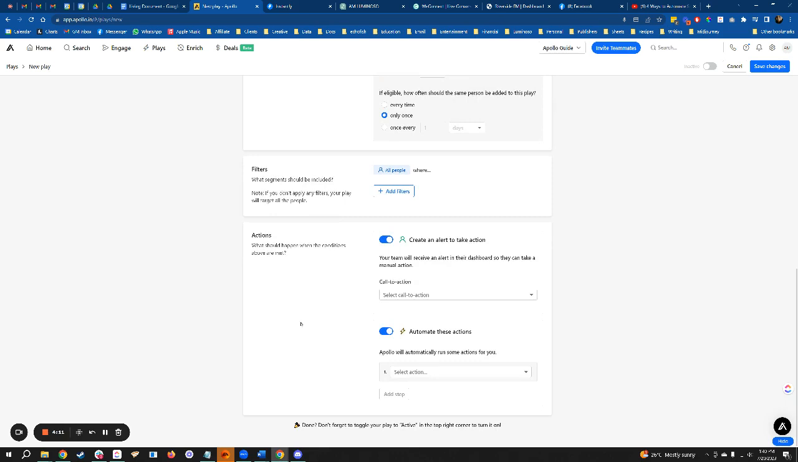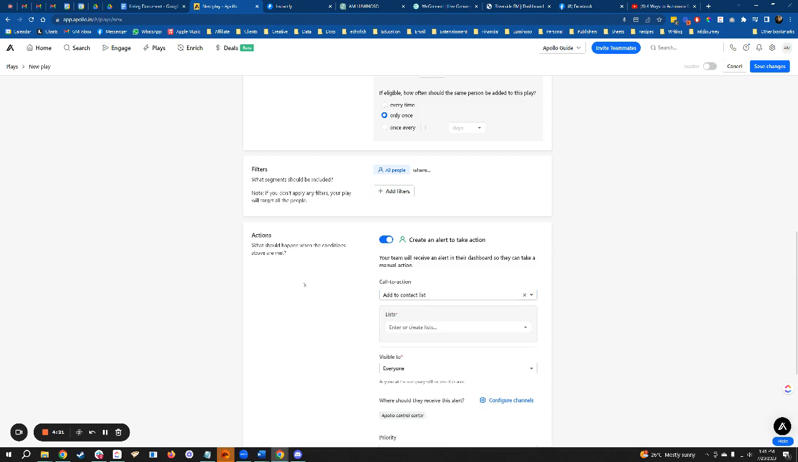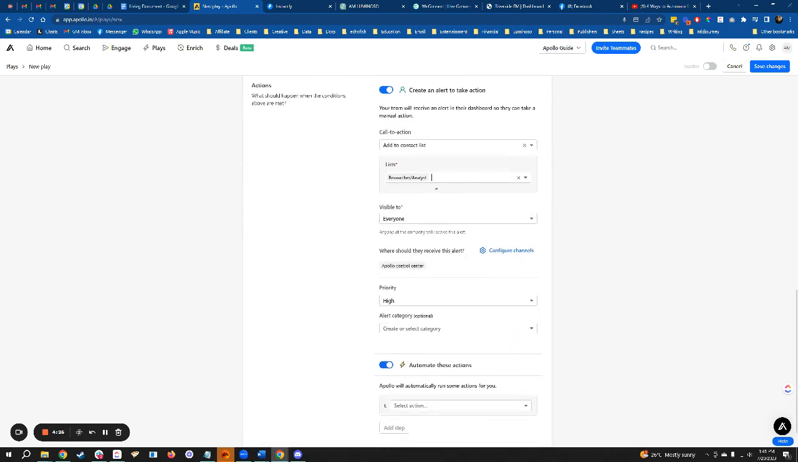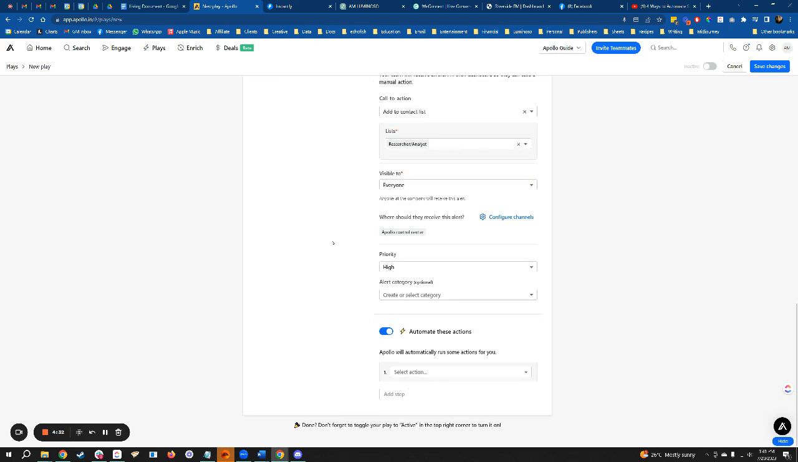Plays are just a fancy way of explaining that they're automated. So the create an alert call to action, usually this is the add contact to list. So then I go and I'll add it to a list. You can add it to multiple lists if you want. You can make it visible to everybody or yourself or whoever. And then down here, this is where I would add